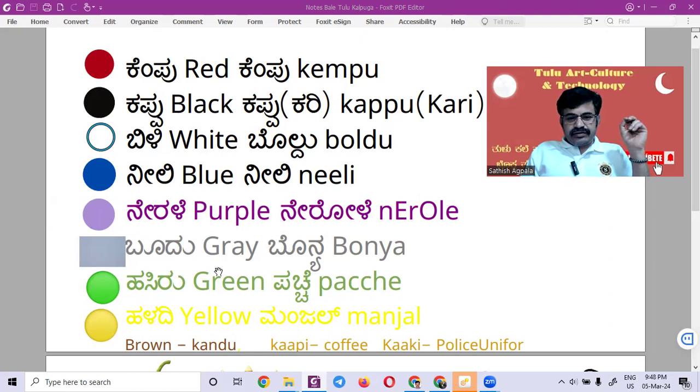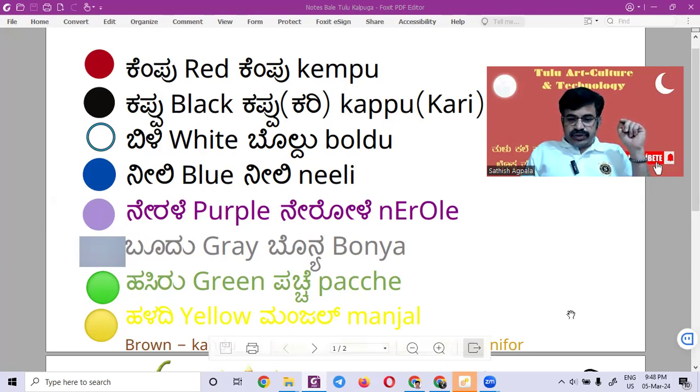Bonya. Gray. Ane. Normally it will be the bonya color. Green. Leaf. Grass. Tree. Okay. This is pache. Yellow. Turmeric. Yellow color. Brown.